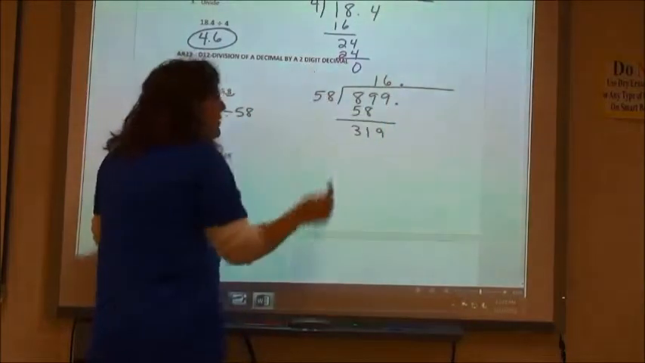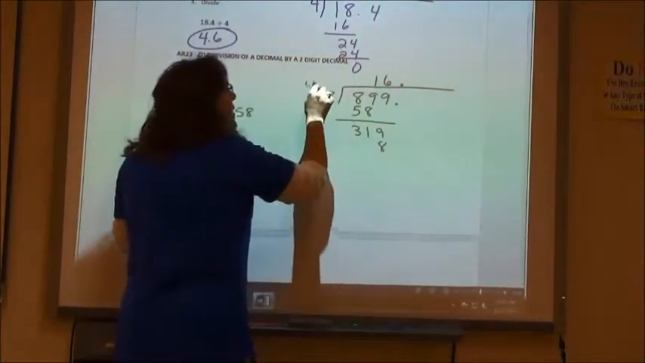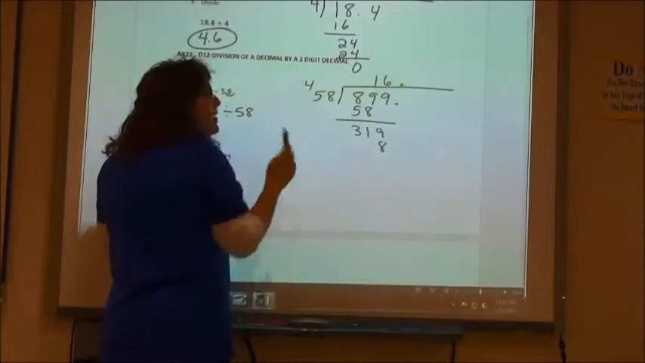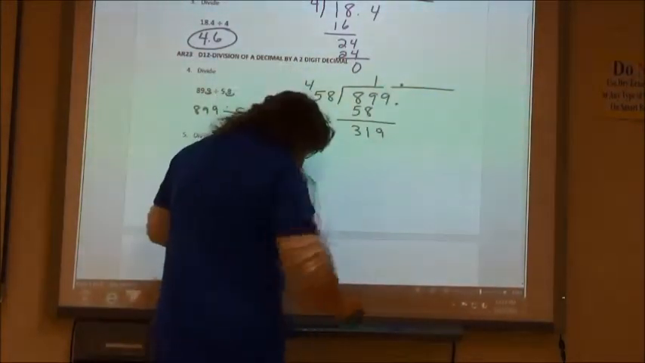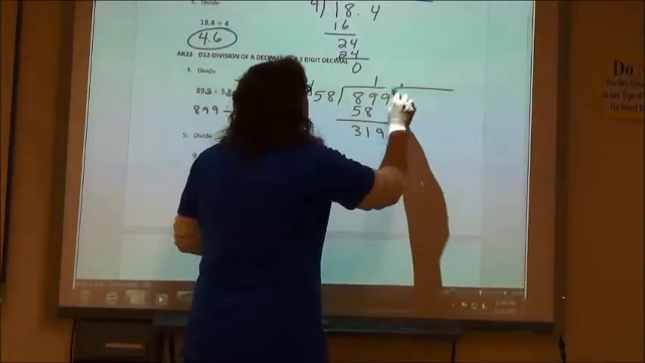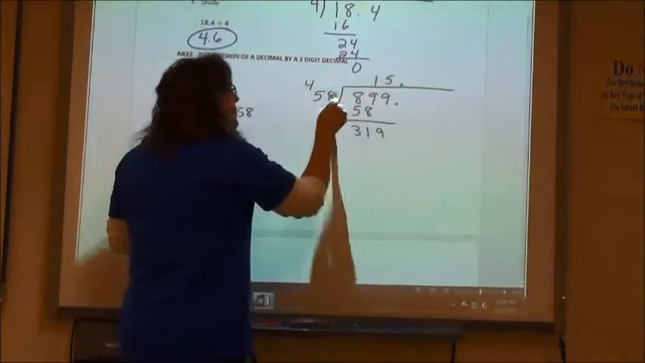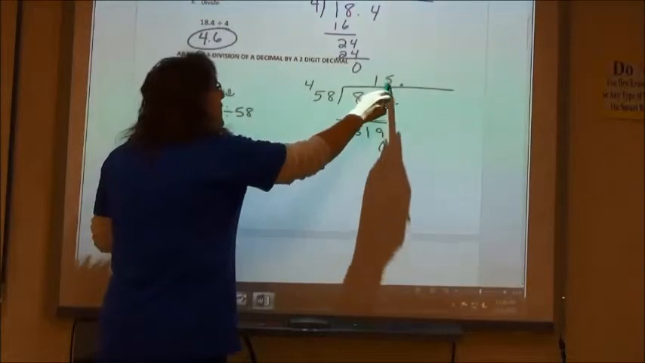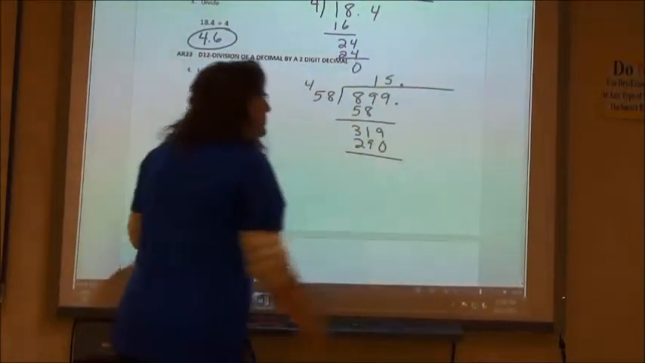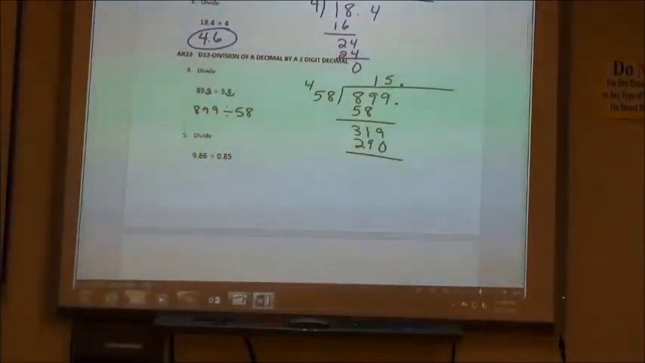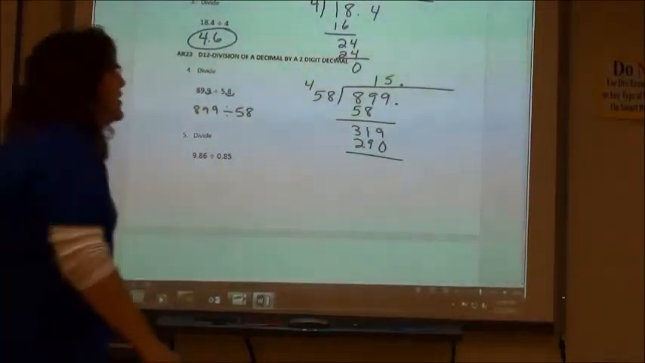6 times 8, 48. 6 times 5 is 30, plus 4. Whoops, it's too big. So that means it's probably not 6. I probably have to go down to 5, right? 5 times 8 is 40. 5 times 5 is 25, plus 4, 29. But that's a quick way to get close to where you know it has to be. And then when I subtract,